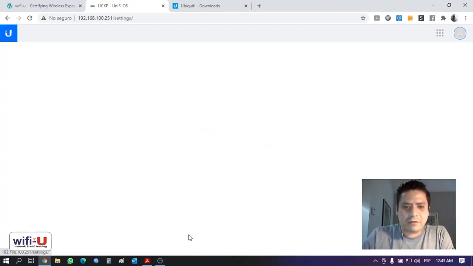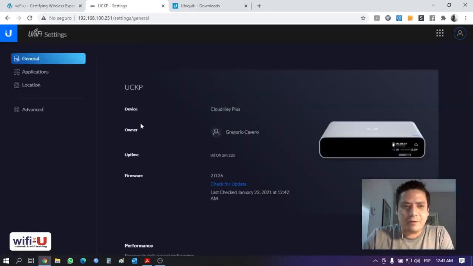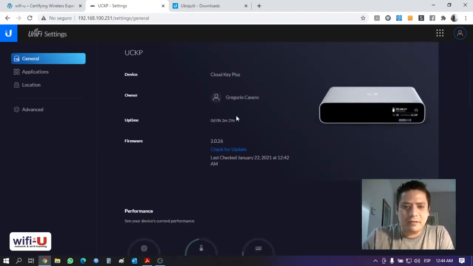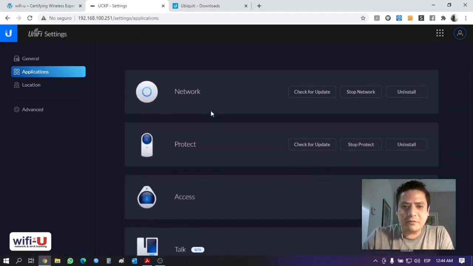So first, we're going to go into settings. What we're going to see here is the new settings portal of the version 2 CloudKey Plus. It's automatically being owned by my account. So each CloudKey you set up with this new firmware version is going to be owned by your cloud account automatically. This new version of the firmware is 2.02.226, and now if you go here to the applications, you can see the network application for the UniFi network equipment,